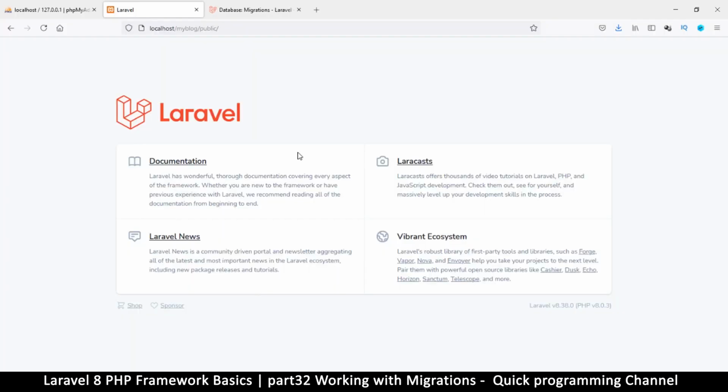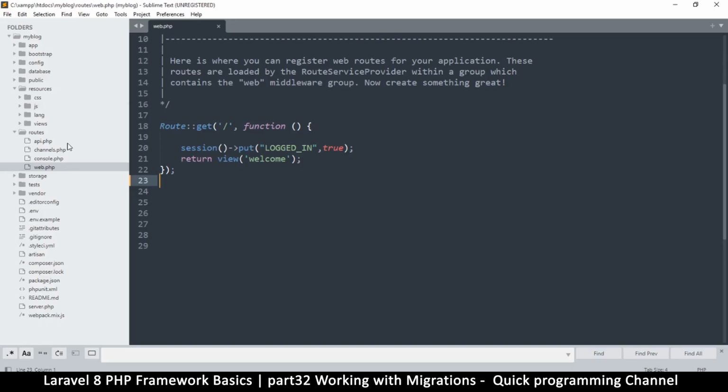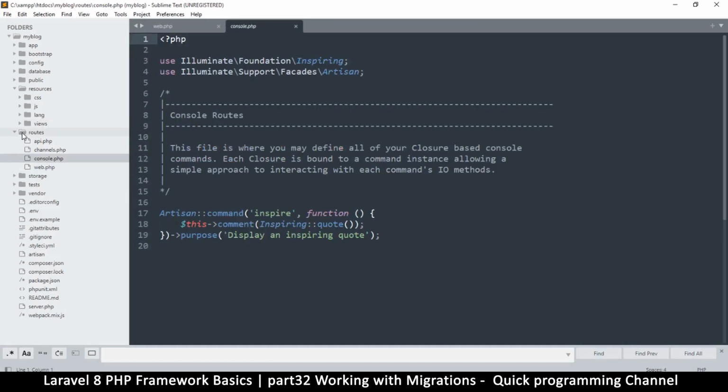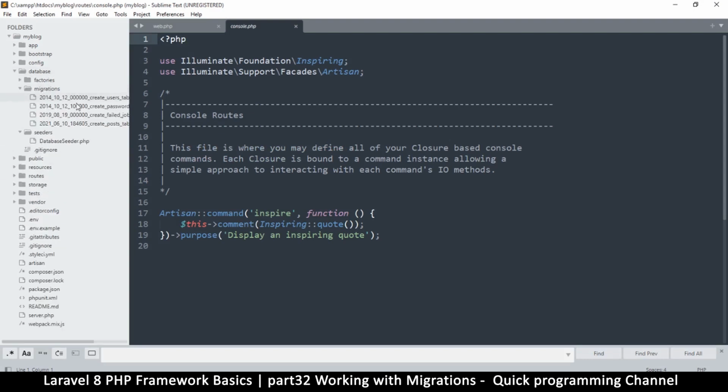Okay, so still on the subject of migrations. So let's look at how to modify and work with migrations. What I'm going to do is go back to our project. And if we go to database migrations, we see that we have a few migrations here. But let's see how we can go about